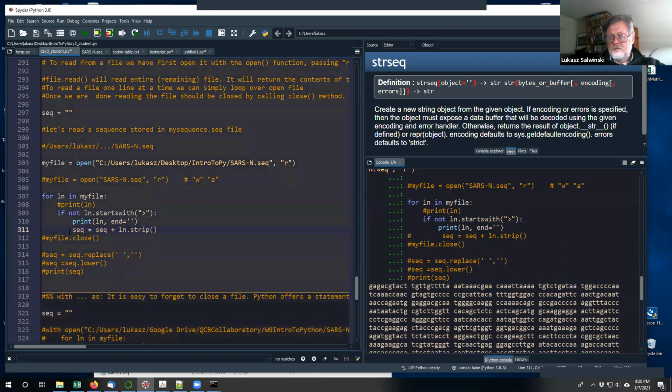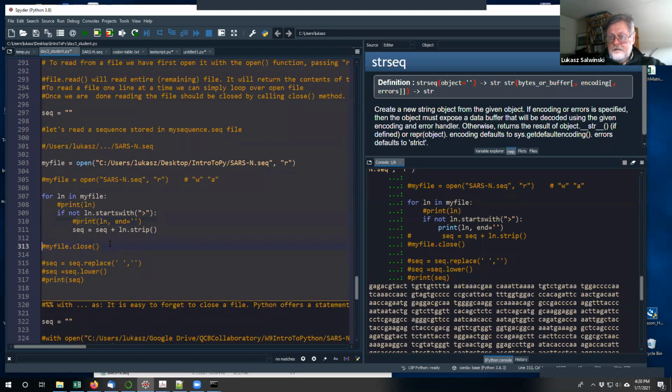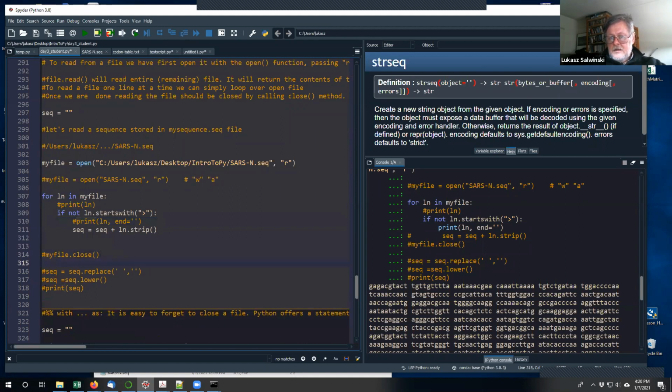Okay, so here, we're not going to print it anymore. And once the file is read, we're going to fall out of the loop, and then let's print what we've got so far. Okay, so now when we run it,